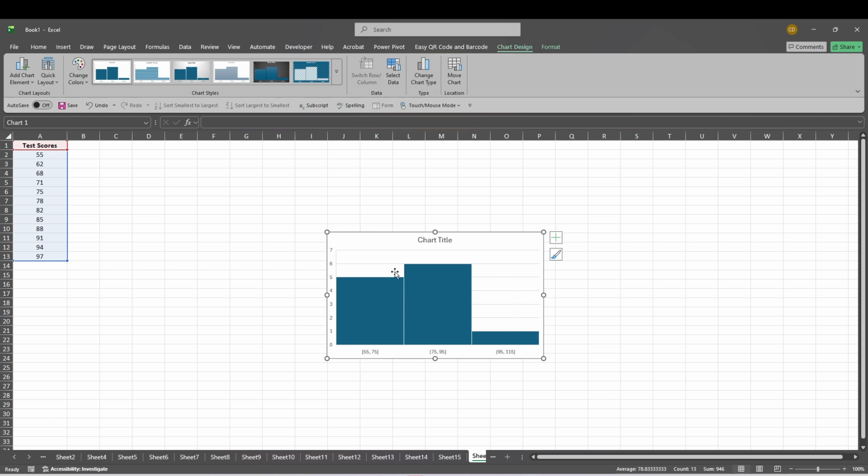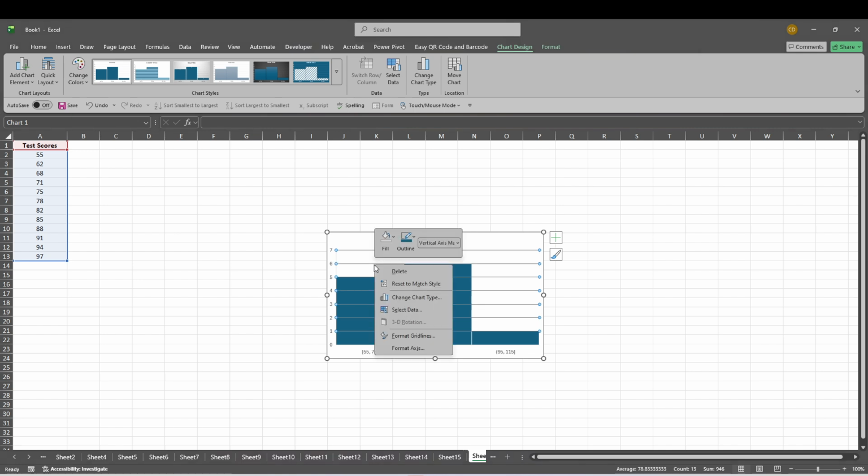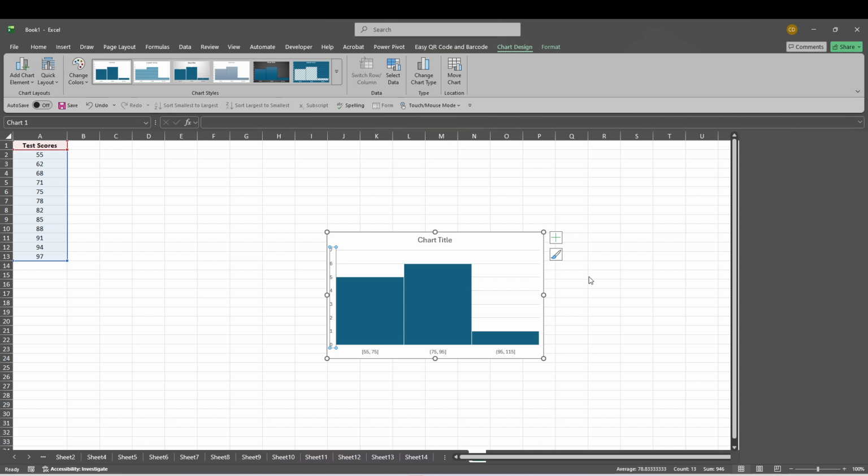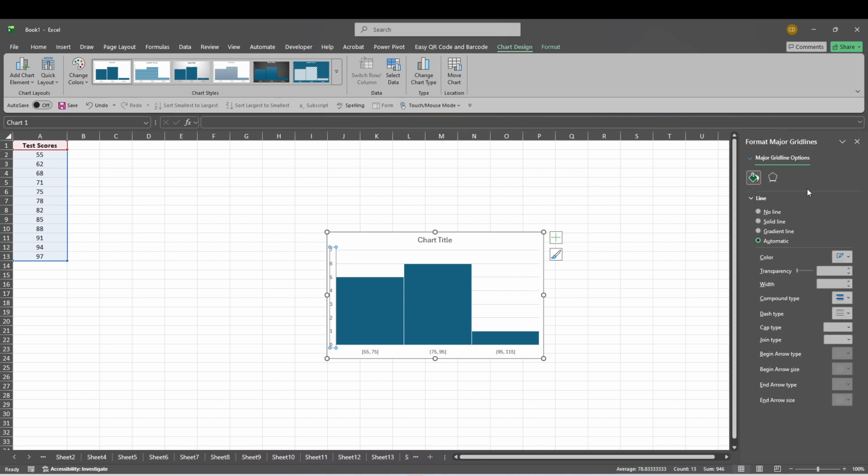Bin Width lets you decide the size of each range. Number of bins controls how many groups appear in the chart. Overflow Bin lets you group all values above a certain number together, and Underflow Bin does the same for values below a certain number. These settings are helpful when you want the chart to match the story your data is